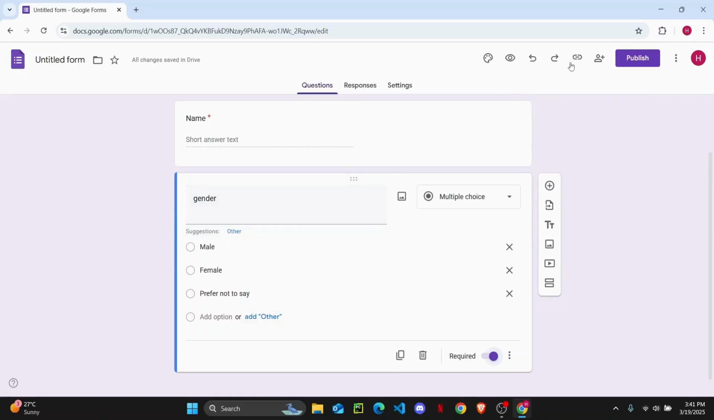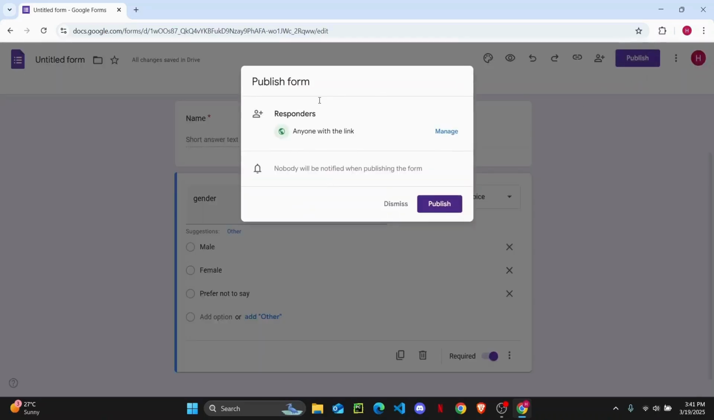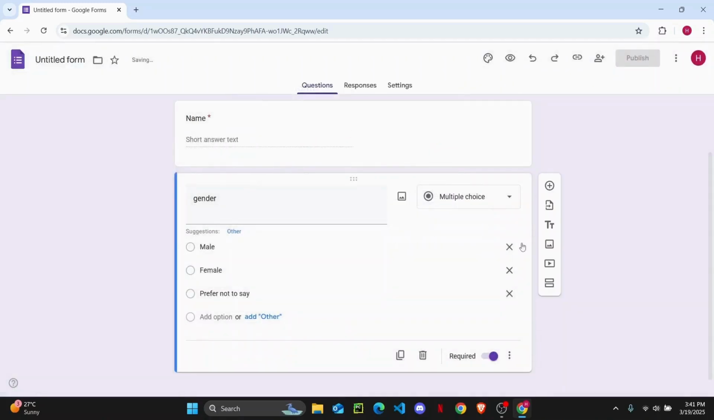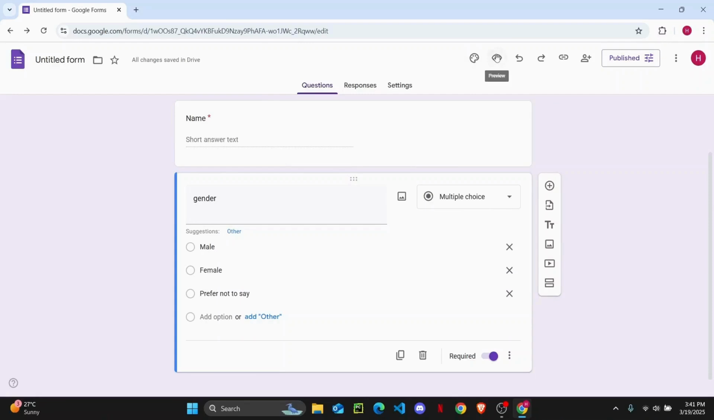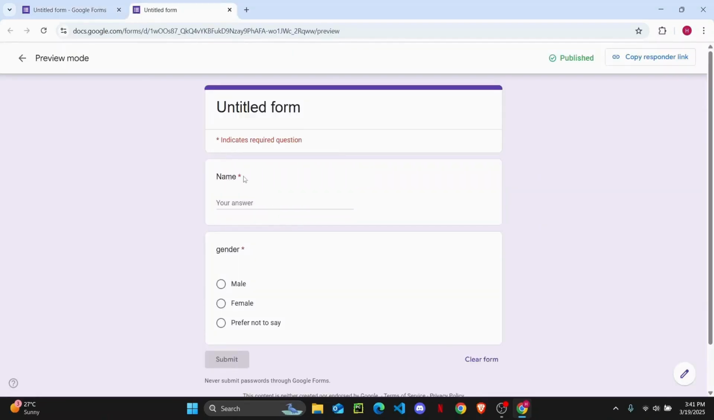Now once all of this is done, you can just simply publish this form and then click on publish. And if you want to view the preview, you can do that as well. Click on this preview icon right here. And this little star right here, it indicates required questions. So you cannot submit your answer without